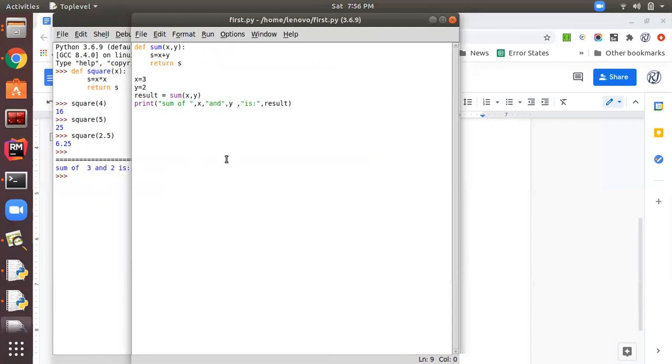Here let us summarize what we did. First of all, we have written a function sum to calculate the sum of the two numbers. A function definition always starts with def, and its definition ends with a colon. Then after the colon the body part of the function starts, and it always has indentation.